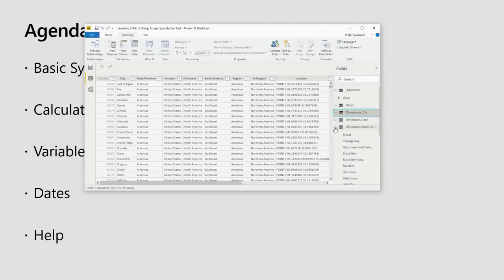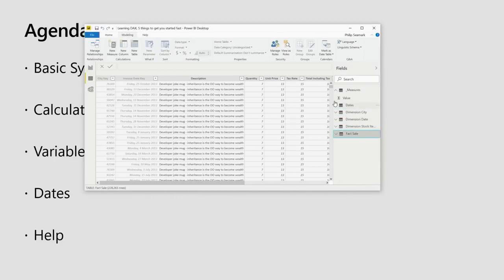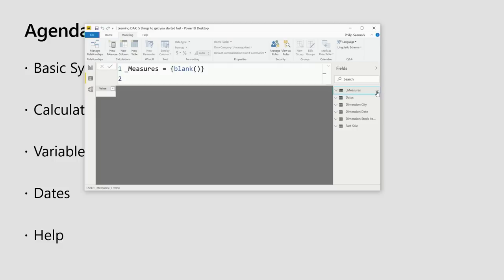So when I'm looking at my model and I always want to see where my measures are, this will always be at the top. And the rest of the syntax is just creating a single column, single row table with no values in it. It's a placeholder effectively for me to do other things. This is not essential. This is just something that I prefer to do. Because when I go OK, and I jump back to Power BI, and I collapse all my tables in my field list, we can see here that my underscore measures table is right at the top.